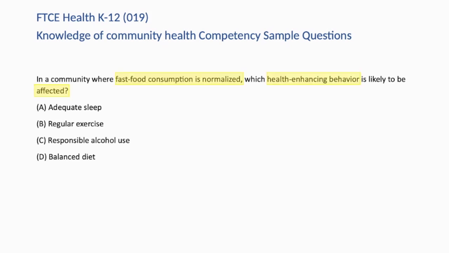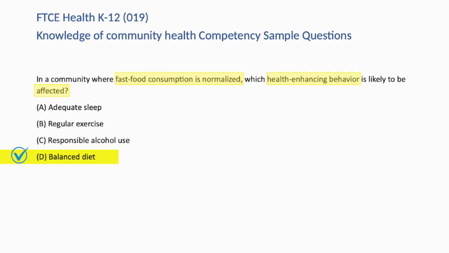A. Since this question focuses on the normalization of fast food, adequate sleep isn't the most likely to be affected. B. While there is a connection between regular exercise and diet, it isn't the health-enhancing behavior most likely to be affected. C. Responsible alcohol use doesn't connect to the topic of fast food consumption. The correct answer is D. Balanced diet. If a community's norm is fast food consumption, it can adversely affect the maintenance of a balanced diet,